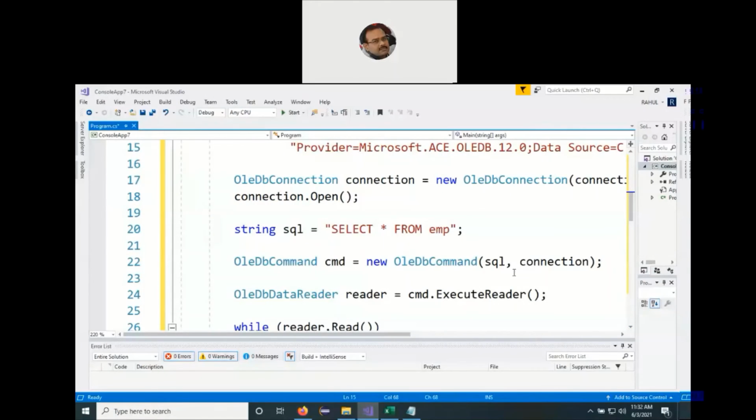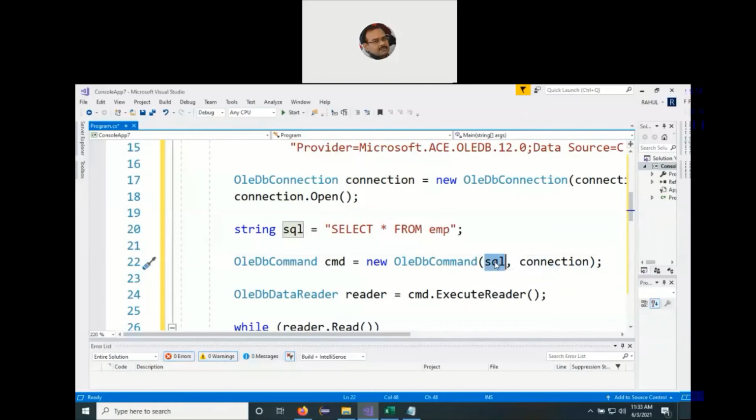So what do we do? For that we have the OLEDB command class. We make a call to the two argument constructor of the OLEDB command class and pass the information about our SQL statement, which is select star from table, and the connection, because there could be multiple connections from the front end to the back end databases. So which connection are we using? We need to pass the connection, because if your system has SQL Server and MySQL Server and Informix and DB2 and Oracle, then you need to specify which database your connection is currently referring to. That is why we are passing two parameters here.